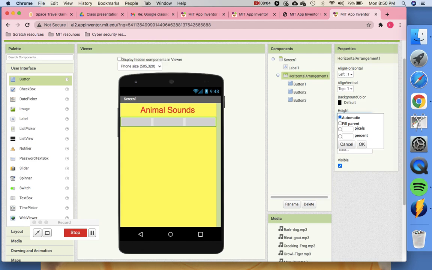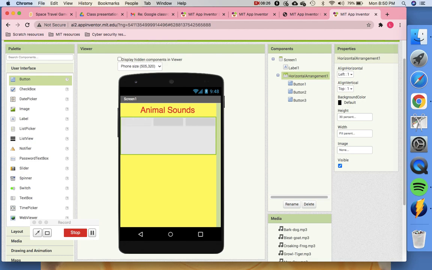So I can put a height here of say 40% and see how it looks. Now you see it's too long, right? To give it a squarish feel, I can put 30%. Now let's see. Okay, this looks fine. Height of the horizontal arrangement I'm putting as 30%.